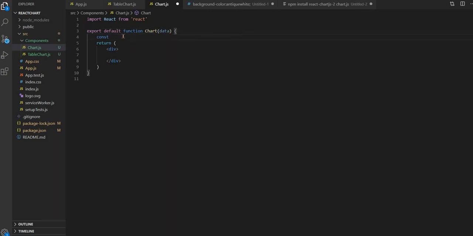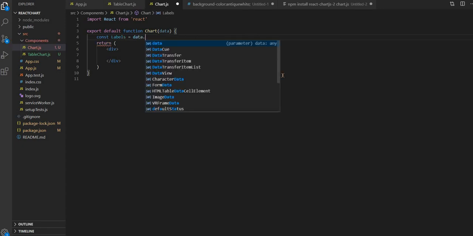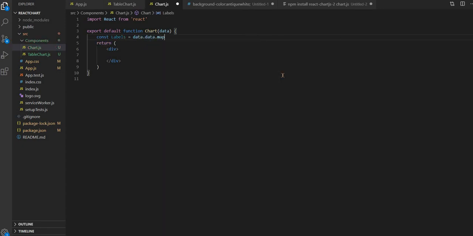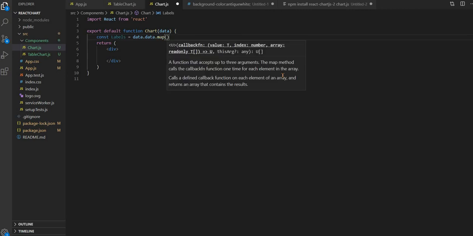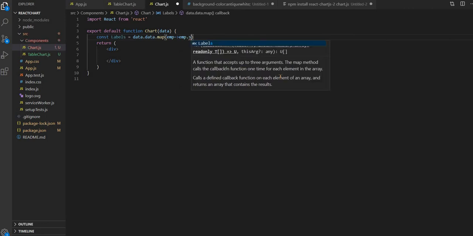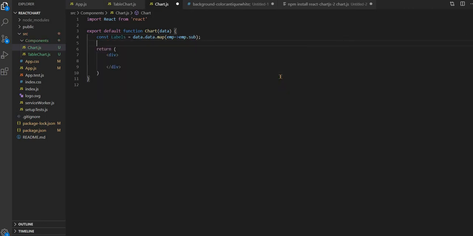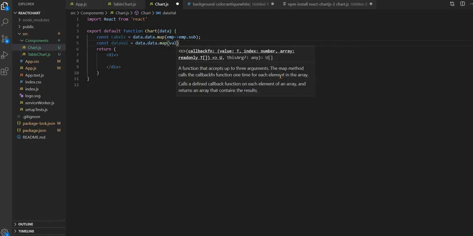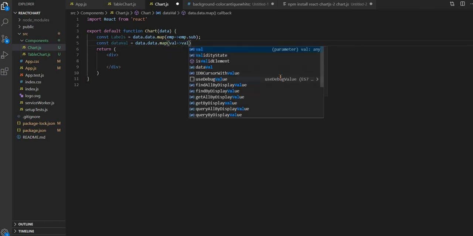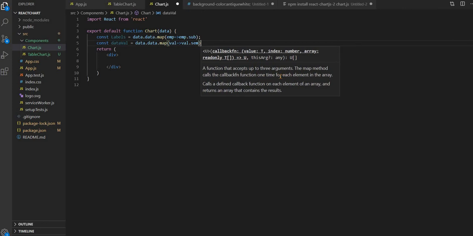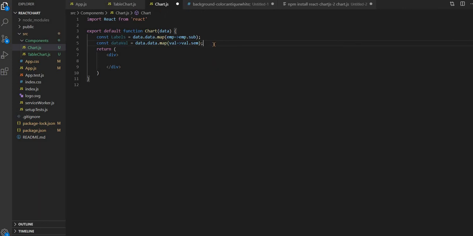Let's create const labels equal to data.map, and inside the map, emp of sub. This will bring the sub. And let's take the data values: data.map, and val.send is the values of performance of employees.